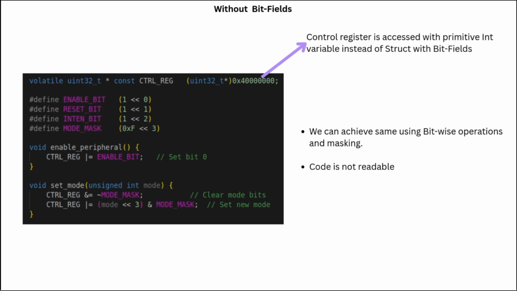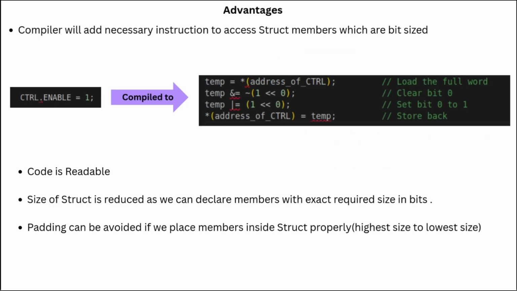Now we will see the advantages of bit fields. You see, the compiler will take care of your bit operations. You will just write a simple C instruction like controller.enable equals 1, and behind the scenes the compiler will generate